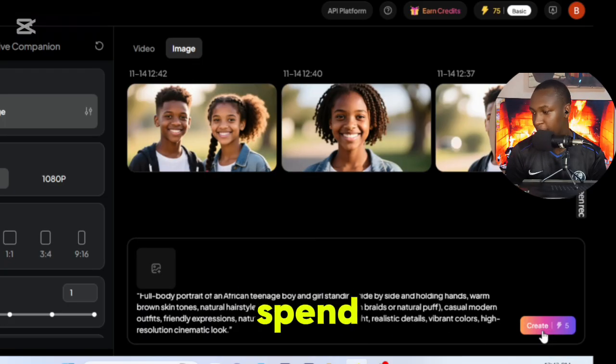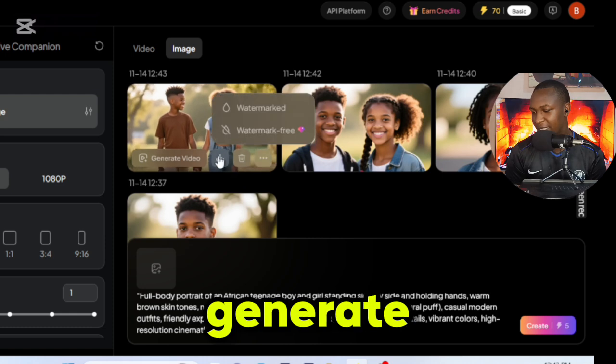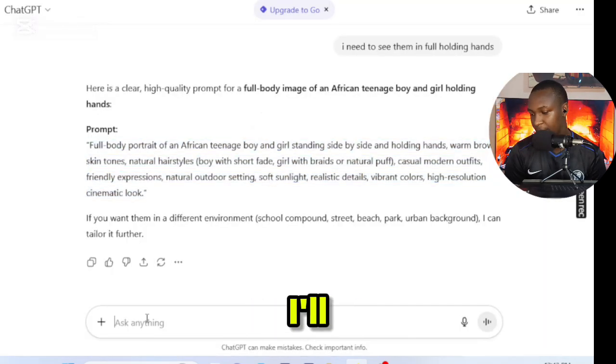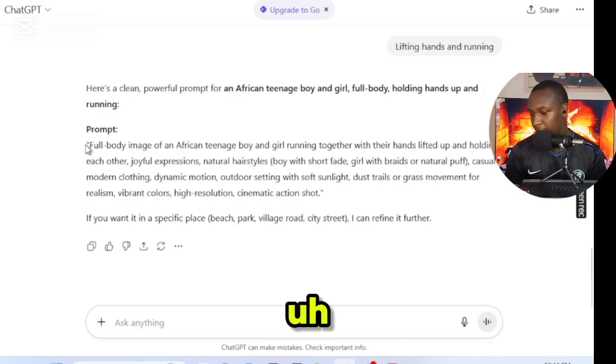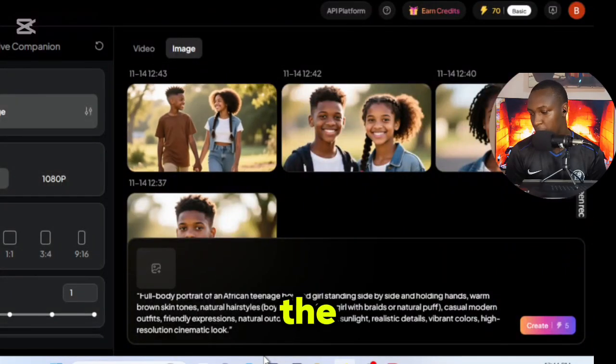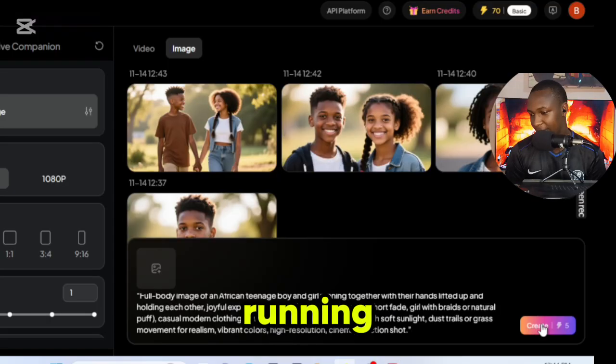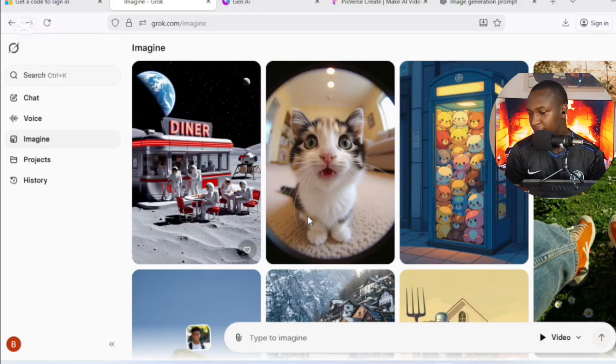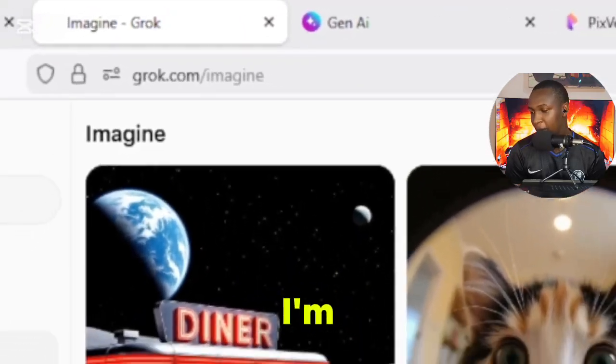Let's see, I'm going to spend 5 more coins. I had 75 and now I have 70 coins left. I can generate so many images per day. So already I have that, and maybe I'll have one more. I'll copy the one with the 2 running, there we go. And then I download, and now I'm ready